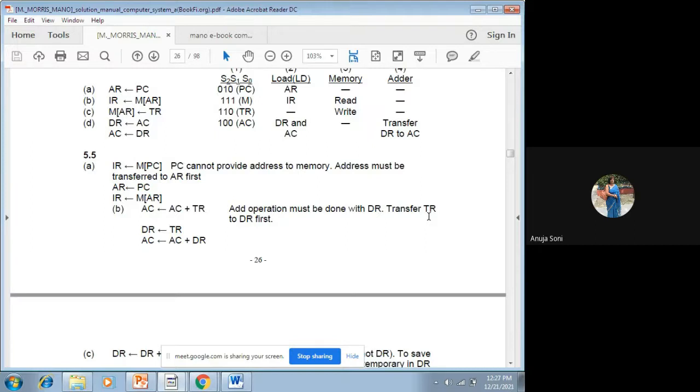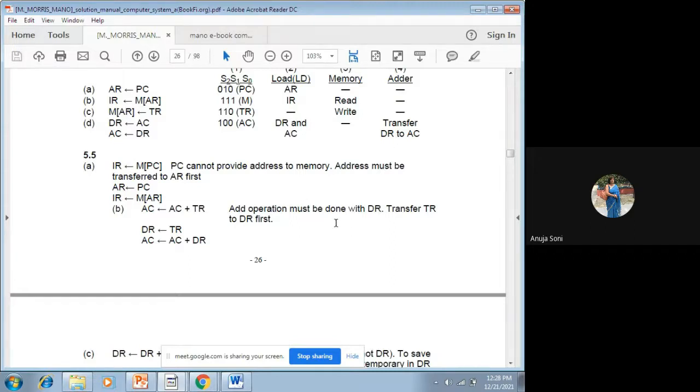First of all, as a user you have given this statement, but internally how the CPU is going to execute it matters. The user can give this statement, but the computer will execute it in terms of the connections given in the common bus system, right? From the user's point of view it's okay, but from the computer's point of view it is not okay. So how will it take place?